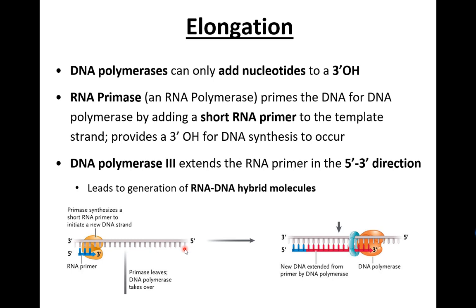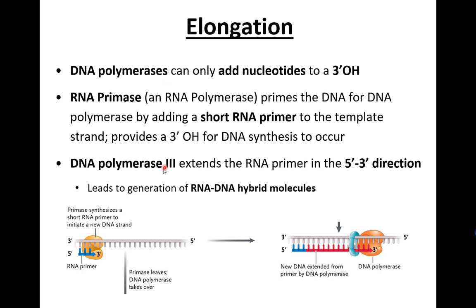And so what it does, it produces these short RNA primers. You see them here in blue. They will be about 10 nucleotides long. And by doing that, it can start from nowhere, here and there. At this point, it prepares a 3' hydroxy group for DNA polymerase to start